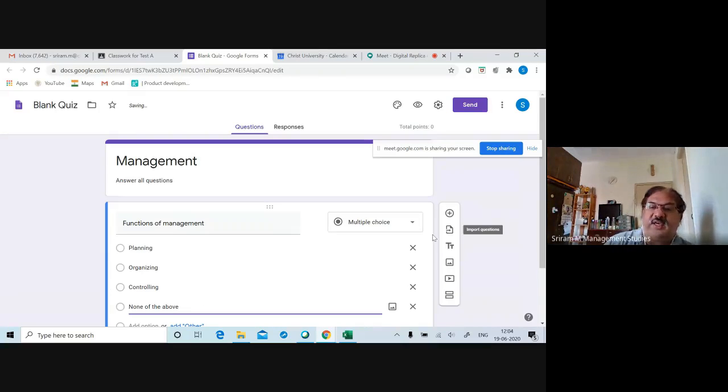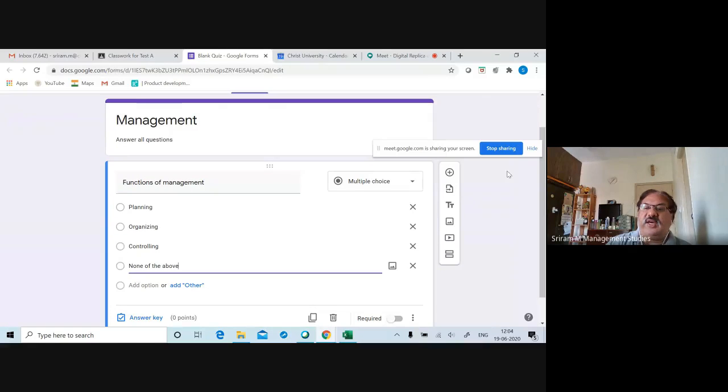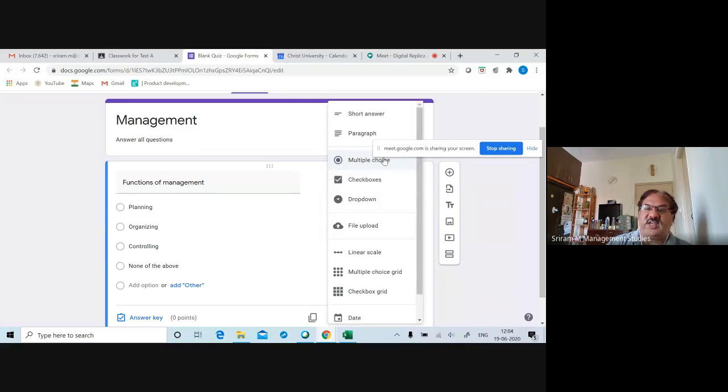Okay. So here again, you have a choice. I've just given you 4 choices here. Here you can either have a multiple choice, a checkbox, drop down. Then if it's a short answer, paragraph, anything you can give it here. And this linear scale is useful when you're doing, for example, a survey, like when we do research and want to have your questionnaire sent through Google Forms. Linear scale will be like a Likert scale, strongly disagree to strongly agree, that automatically comes by default.